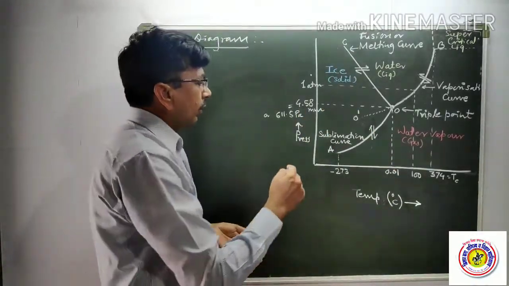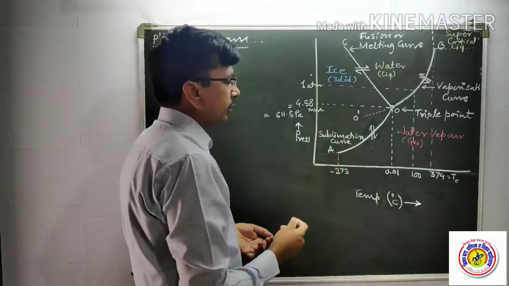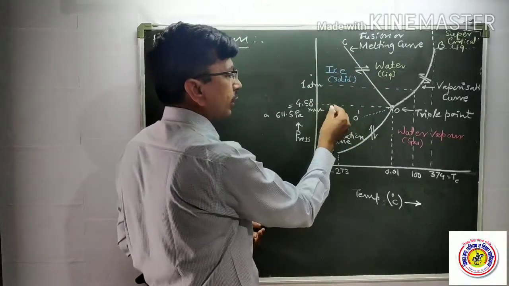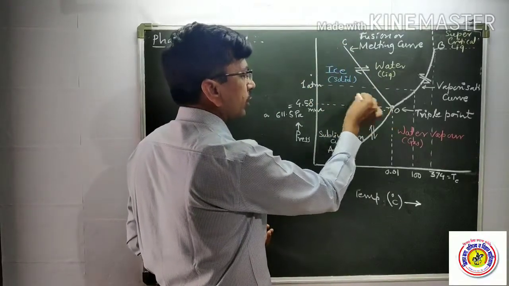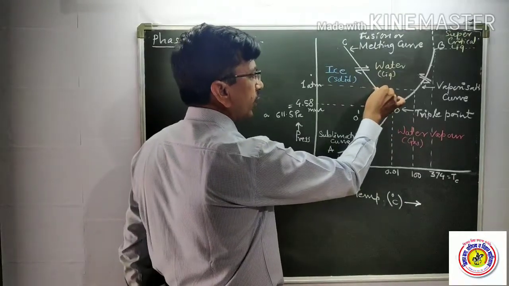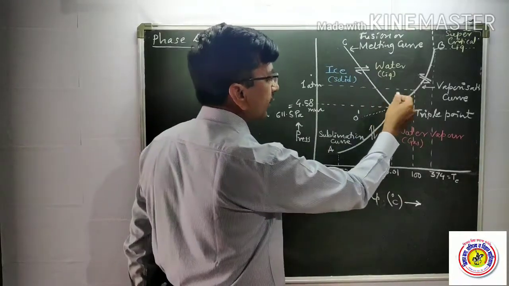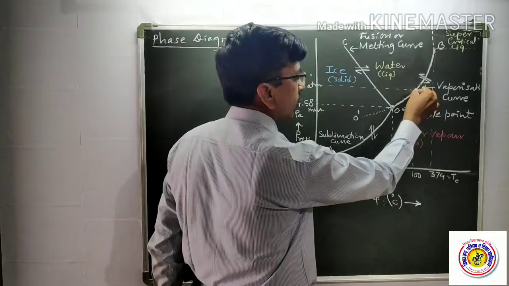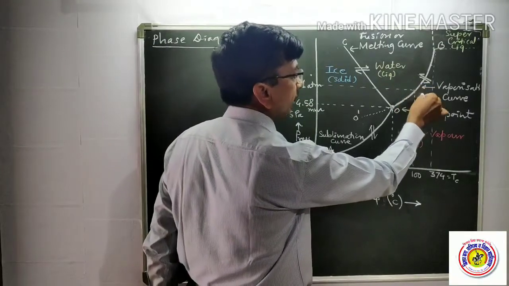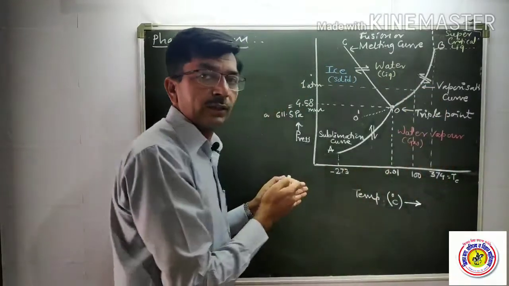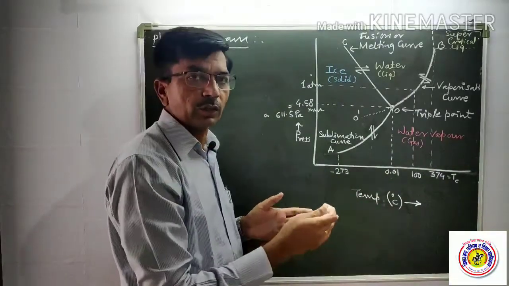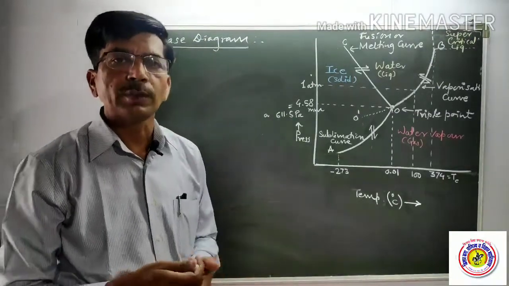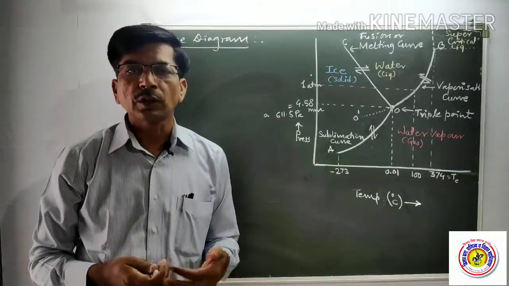Now if we see the region AOC, in this region only ice exists at any point. At this point, this point, this point, only ice. If you reach this point, there is equilibrium between both. If you again increase the temperature, it exists as liquid water, up to here. But at this point, there is again an equilibrium between the liquid water and water vapor. So as we go down, increasing the temperature or pressure, variation in the phases takes place. The existence of the phases totally depends upon the conditions of temperature and pressure.